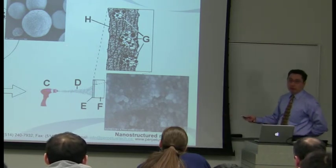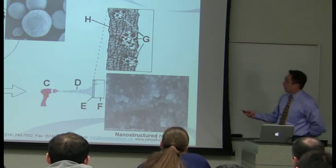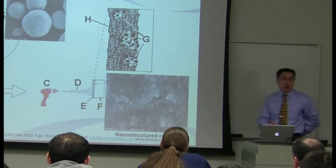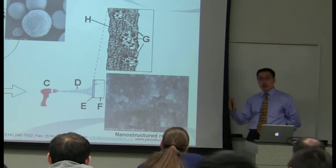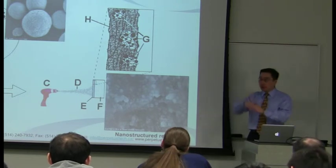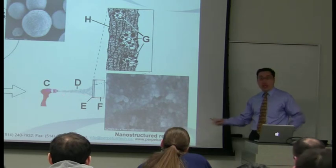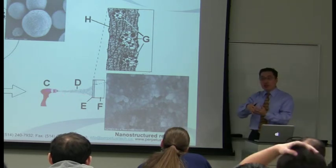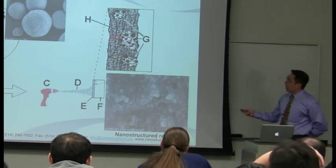the two most important features. The fully molten particles quench upon impact and form this dense matrix. And incorporated in that matrix are these unmelted particles, which you cannot avoid. In thermal spray, you're always going to have unmelted particles because you have a size distribution of particle size, and when you introduce it to your hot zone, here, the jet or the flame, not all of it sees the same thermal history, and so you're going to have some particles that don't melt fully. So they retain a lot of your original